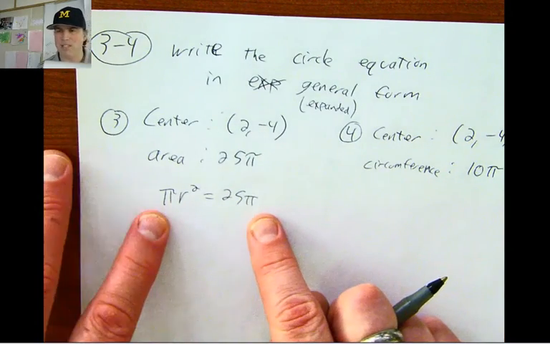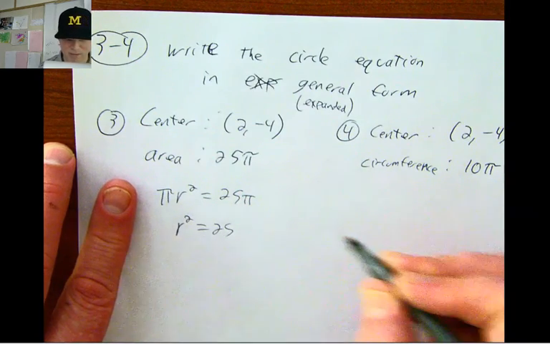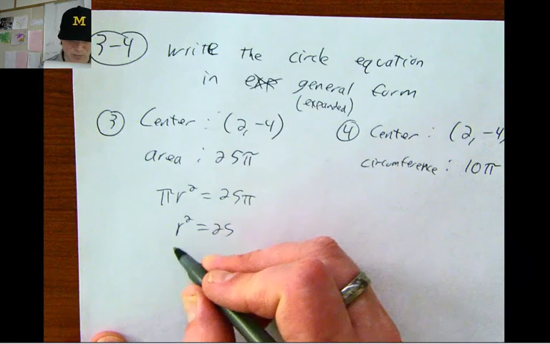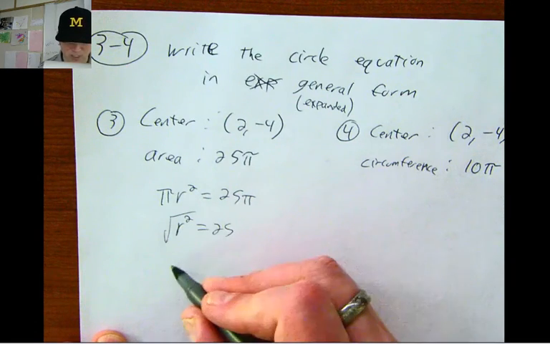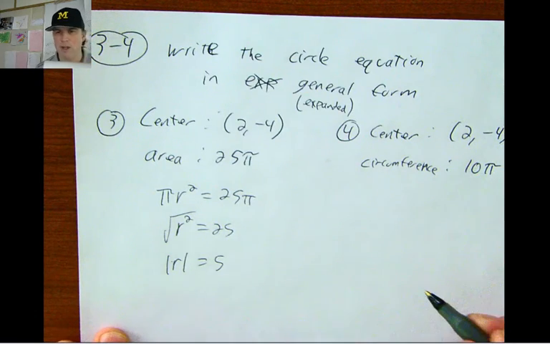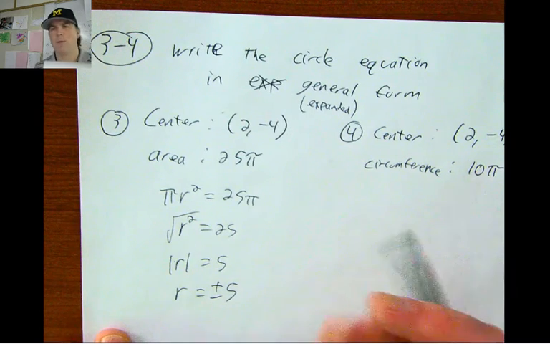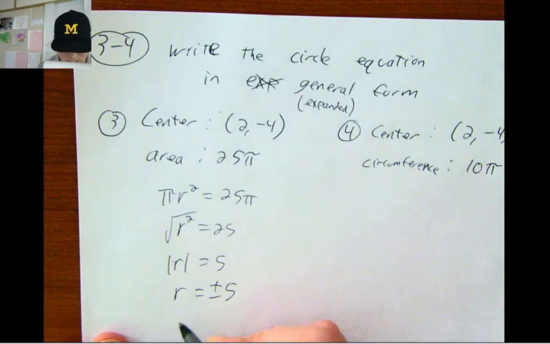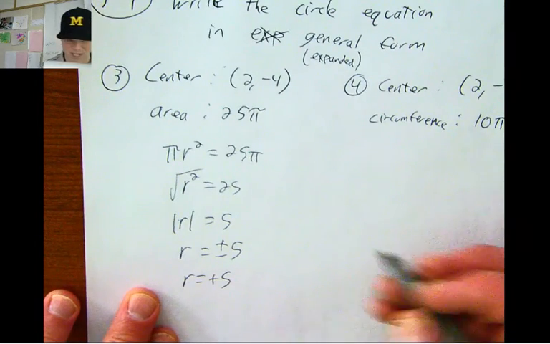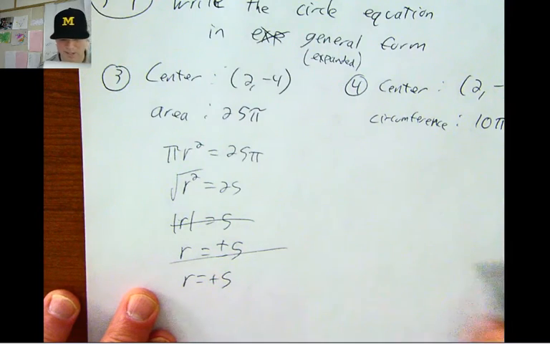If I divide both sides by pi, I get r squared equals 25. And when you square root both sides, the square root of r squared is the absolute value of r. The square root of 25 is 5. And then when you apply the absolute value, the radius is positive or negative 5. But of course, a negative radius makes no sense, so we just go with positive 5. And frankly, for these problems, I usually leave out this step and this step and just jump straight to here,